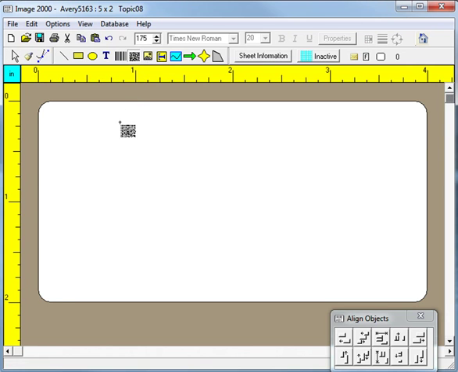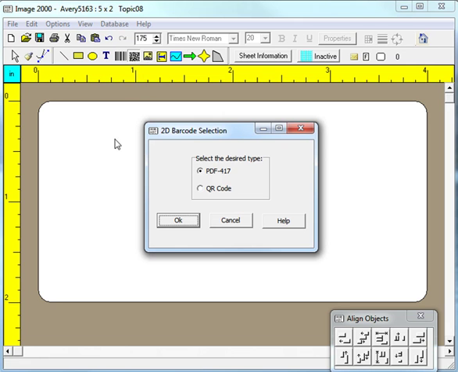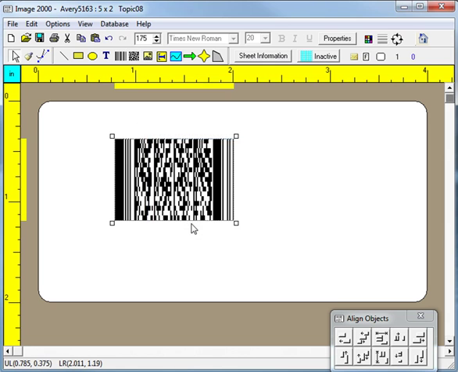The cursor shape will change to a 2D barcode, and when you click once anywhere over the label, the program will first prompt you with a dialog box in which you should select the PDF417 choice. When you click OK, the program will create a new PDF417 barcode object whose upper left corner is where you